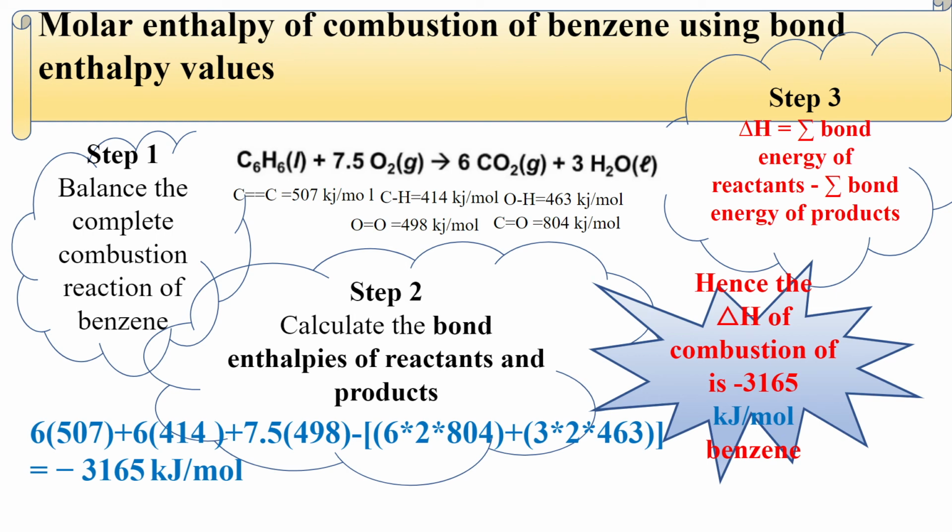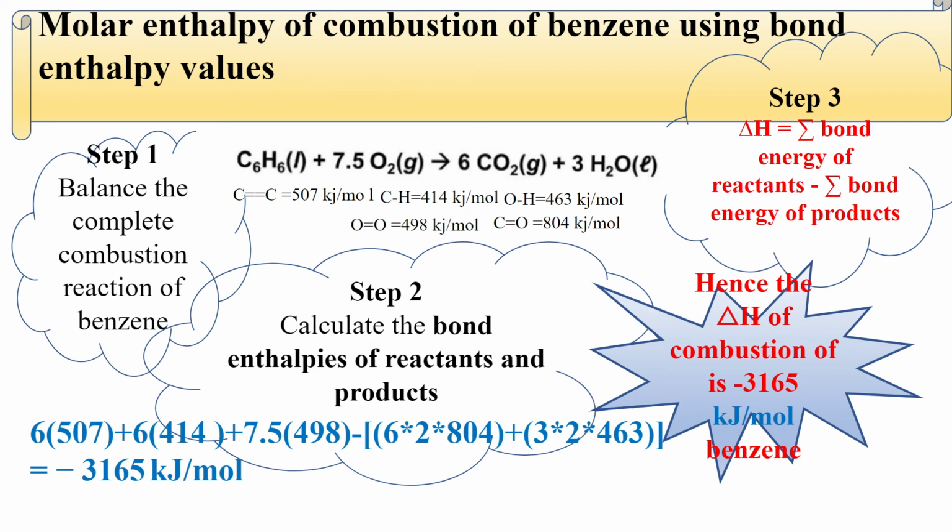So it will be 6 times 507 plus 6 times 414 plus 7.5 times 498 minus bracket 6 times 2 times 804 plus 3 times 2 times 463 end bracket equals about negative 3,065 kilojoules per mole. Then subtracting the sum of the bond enthalpies of the reactants, so delta H is negative